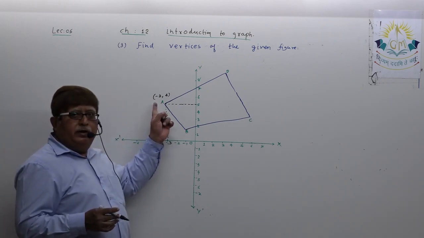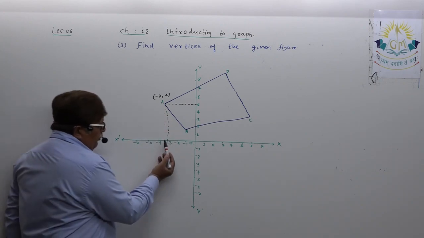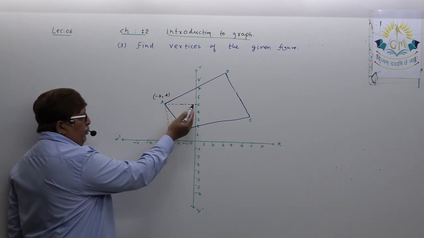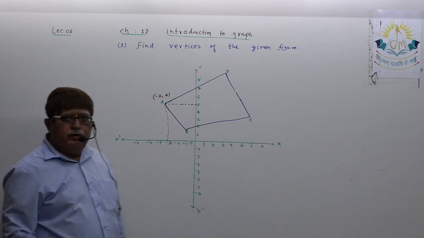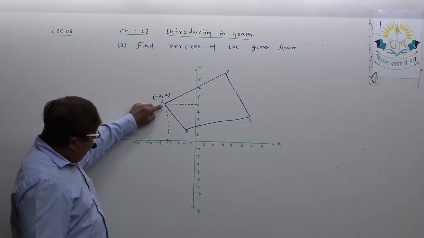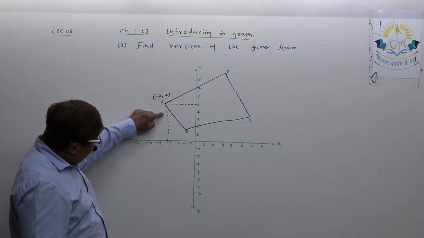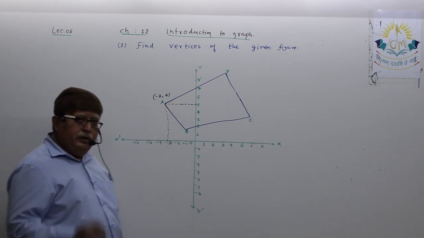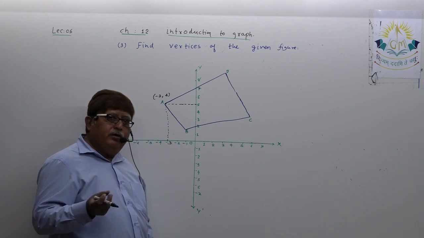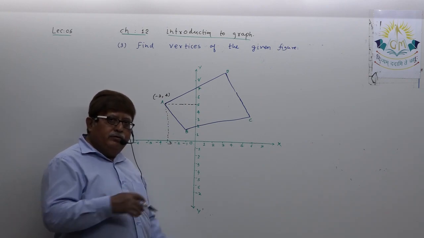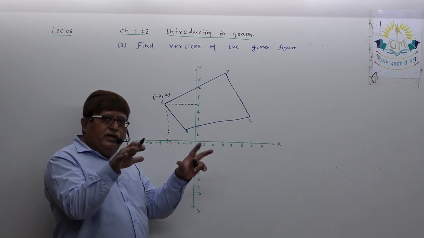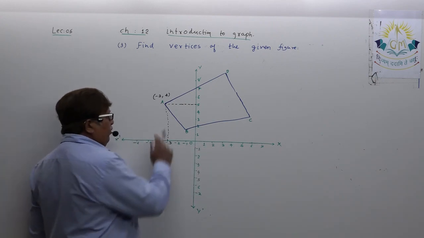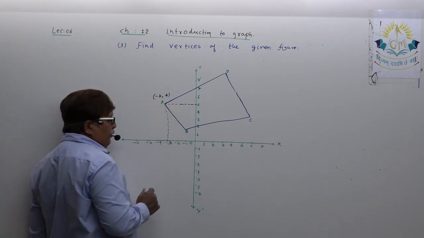You have drawn the diagram your way in your graph paper, so you may not get exactly like me. Suppose somewhere you get here, you write -3.1, maybe 5.4, whatever, dear student. But you have to be very, very exact in drawing this line and get the coordinate. There may be a variation in your diagram, because it is a diagram drawn just by guessing only. So don't strictly follow me like you will get the same.